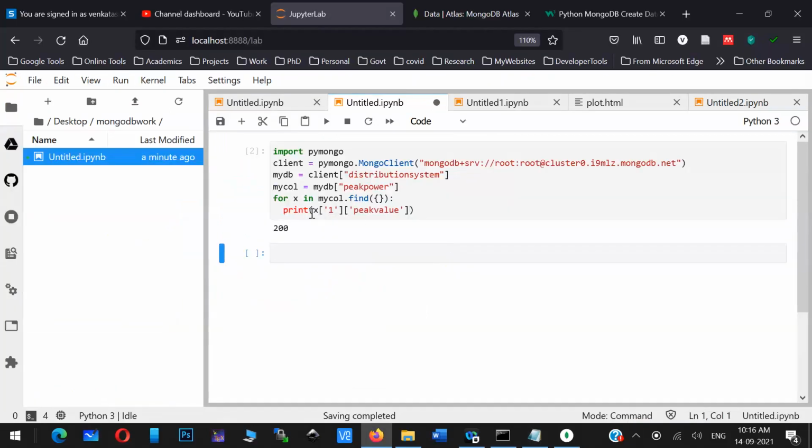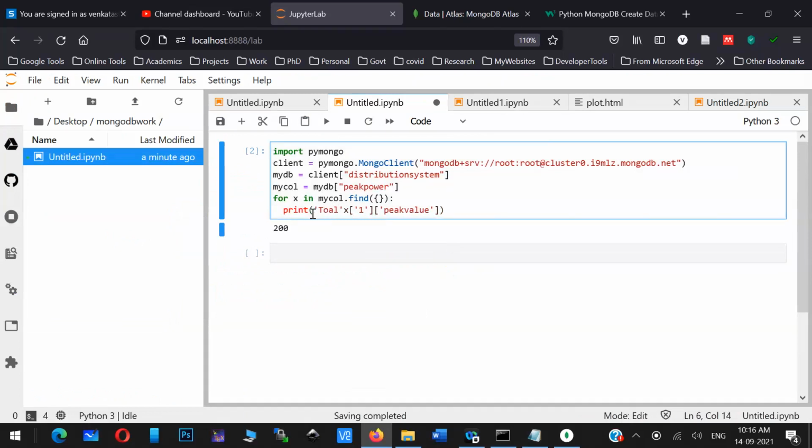So similarly, say for example you are interested in knowing the total peak value. Okay, so P max at the power distribution system. Okay, correct. So this is what is your objective. Then you just have to execute this particular command.